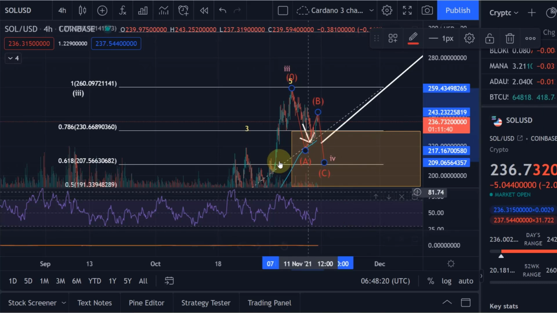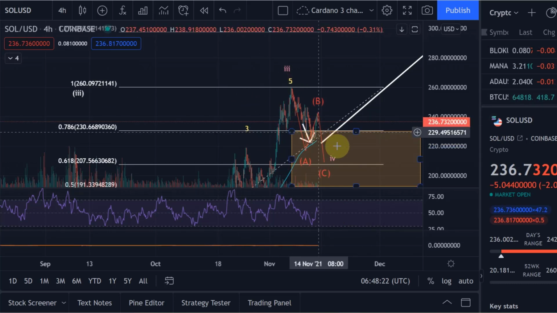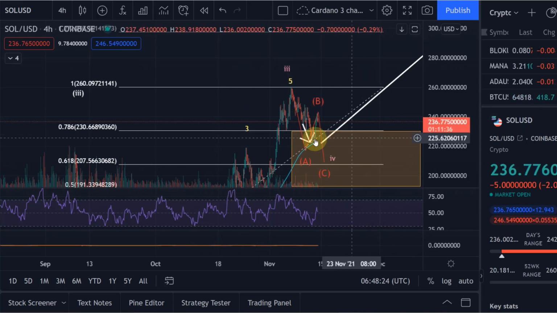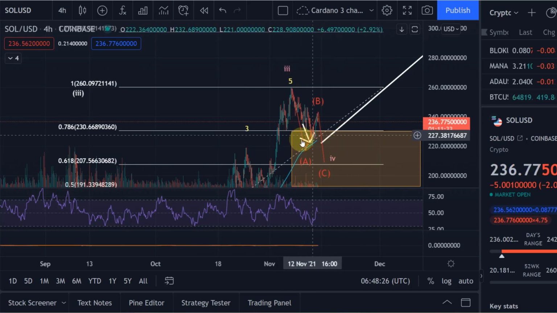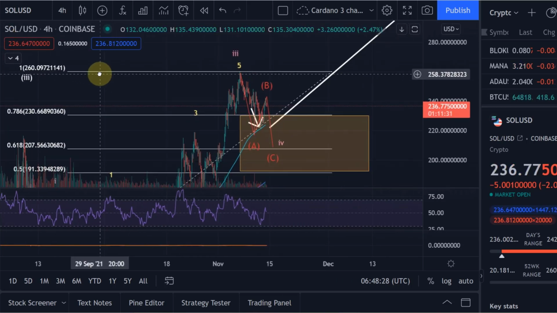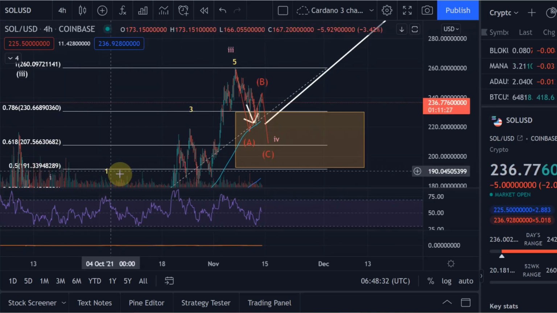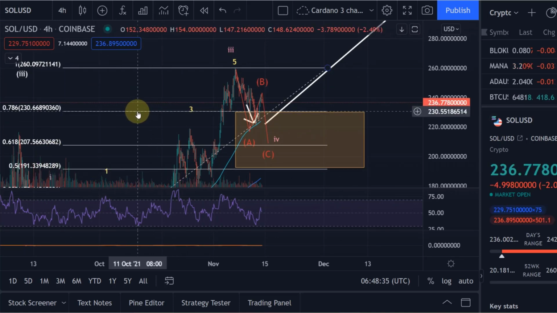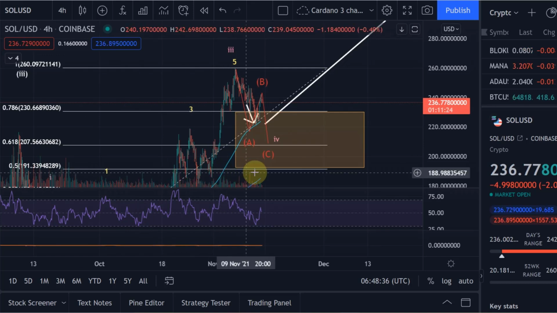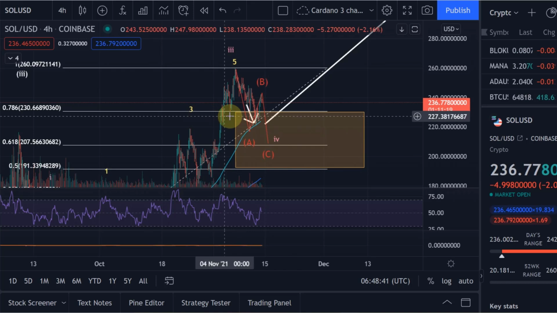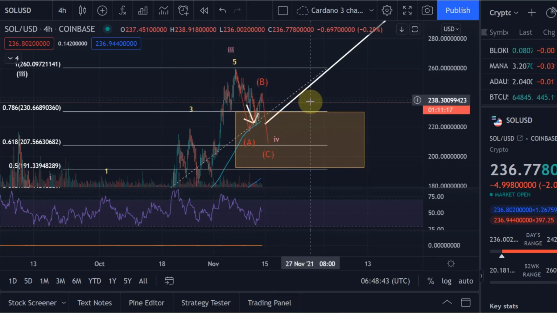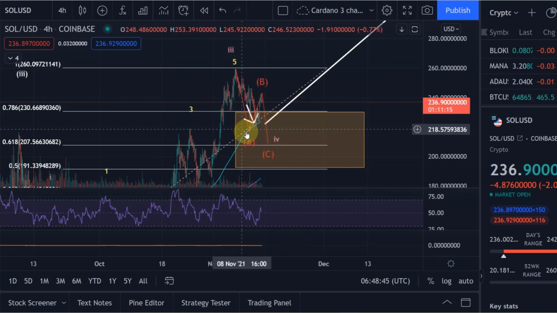That is one scenario. I said in the last video that I would think we come into the target range. Now we hit the target range already, as you can see here. This is the yellow target box, basically between the 0.5 fib level and the 0.214 fib level. The 0.5 fib level is 191, the lowest I think it could go at the moment, and the 0.214 is at 230. So we already came way into the target range at 218, you saw that, and that happened when we touched